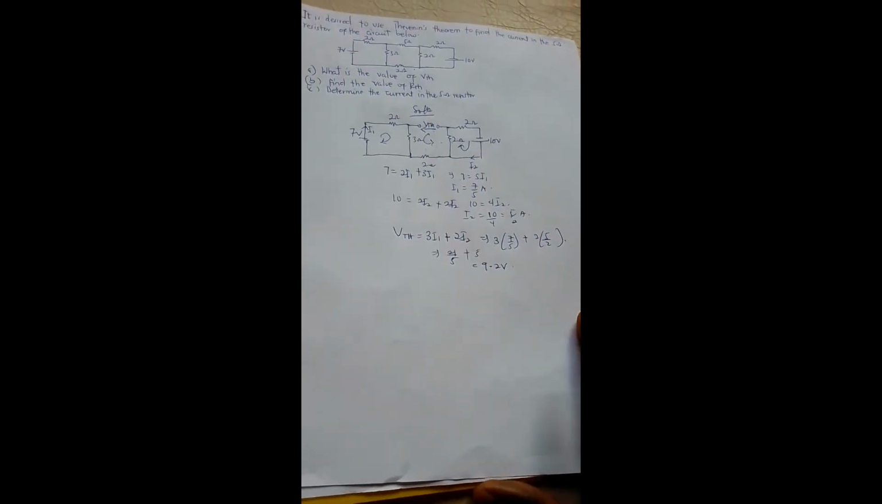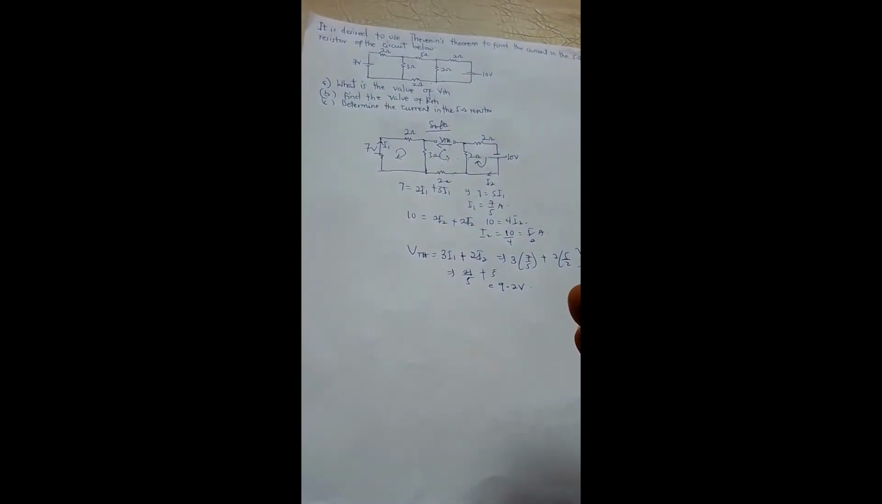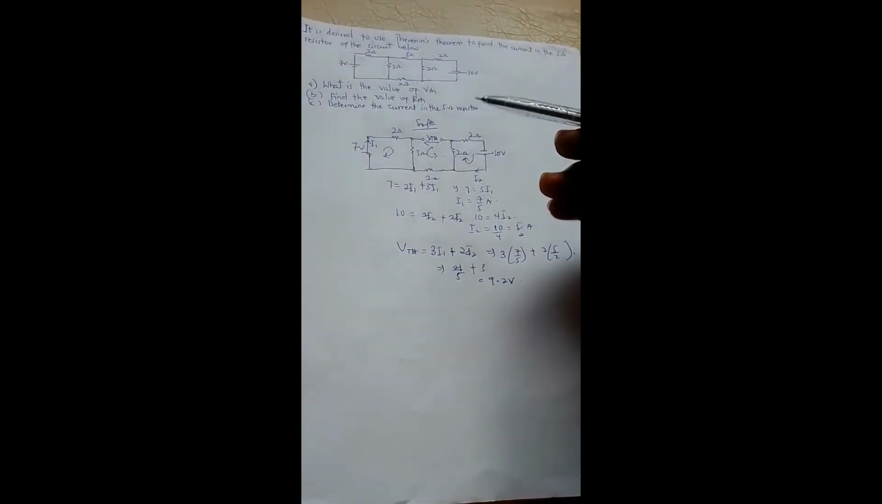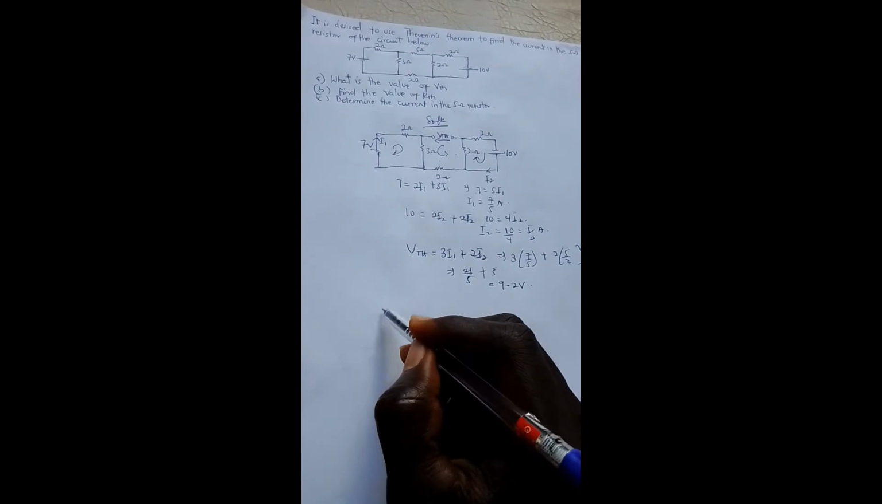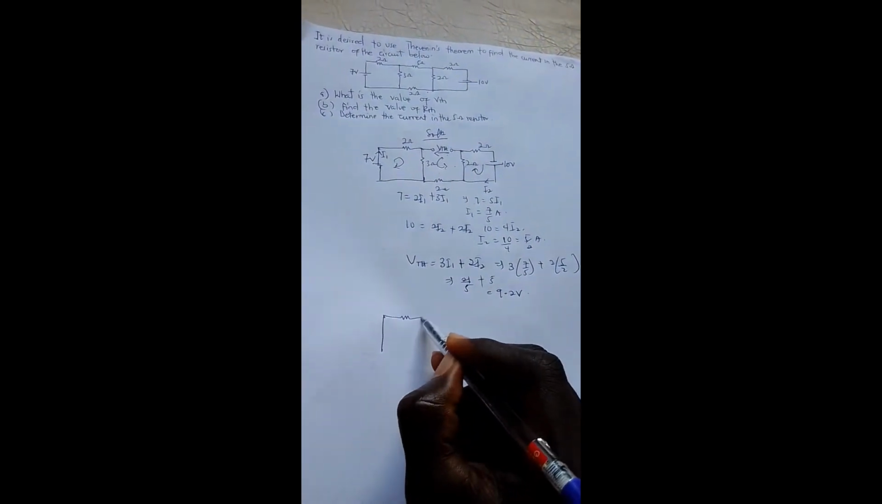To find my RTH, I have to deactivate all the sources, so I'll remove all the sources. When you have a voltage source, it will be a short circuit. If it's a current source, it will be an open circuit. In our example, you have voltage sources, so it's going to be a short circuit. So let me redraw and create a short circuit where the voltage sources are. So I'll get this,